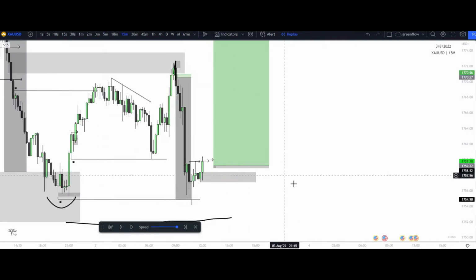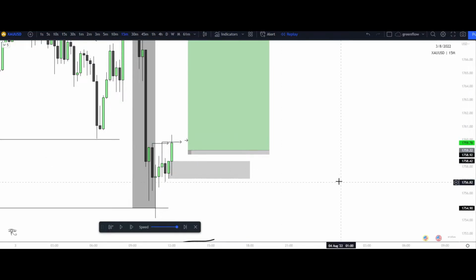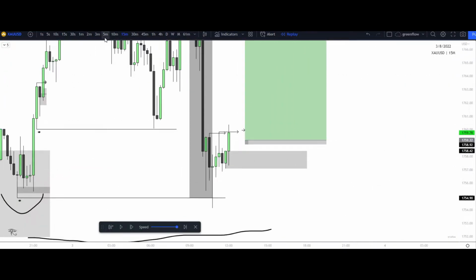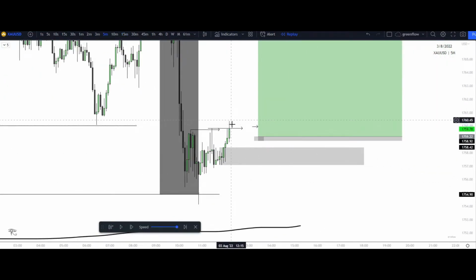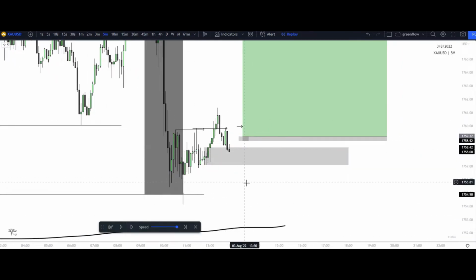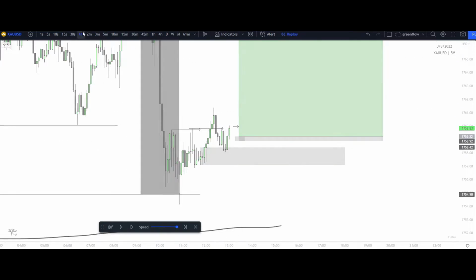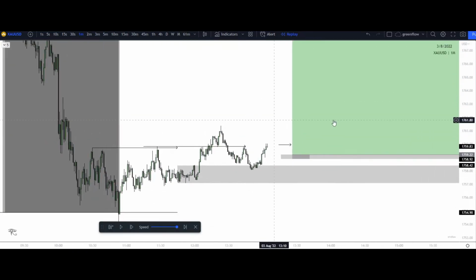If I go on the 15-minute, that candle before that impulsive candle right here broke that structure point to the upside. We're looking for price to respect this and break another structure point to the upside. After coming down, we have another high that is presented right here on the 5-minute. We then see that break that is presented right here. We have a liquidity raid to the downside, break of structure right here, imbalance that is presented right here if we go on lower time frames.